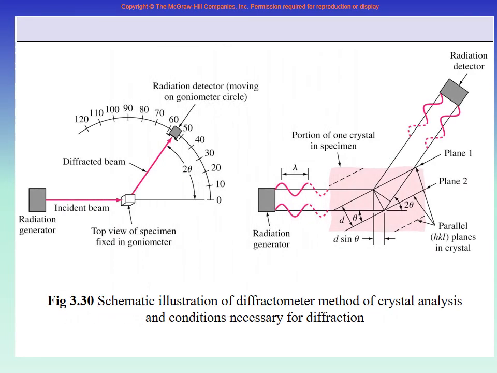And this is inside the machine. This part of the machine is called a goniometer, which measures the angles. You see, there was X-ray radiation, it hits the material, goes inside and gets reflected, and so this is the 2 theta angle. So the goniometer is measuring the 2 theta angle.